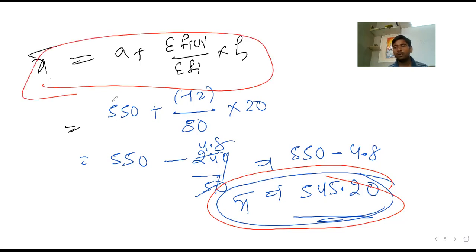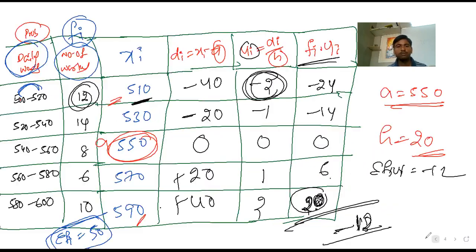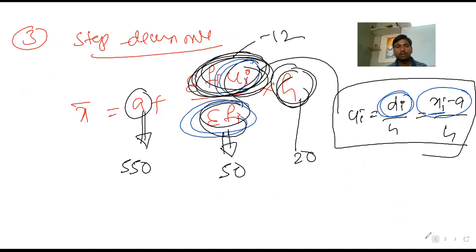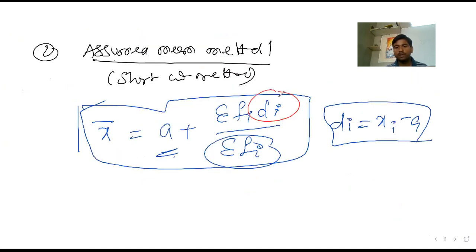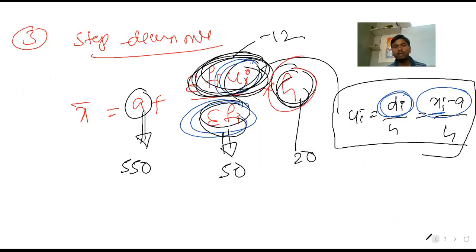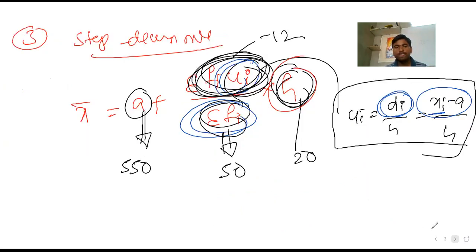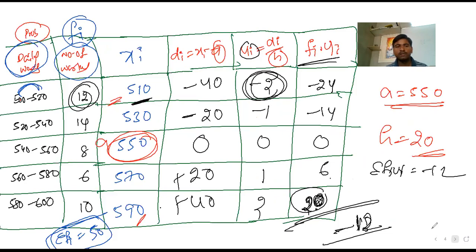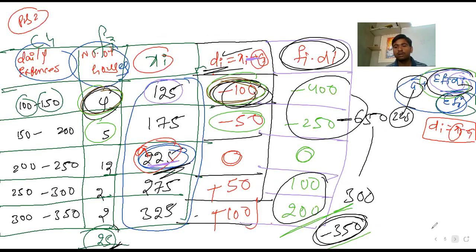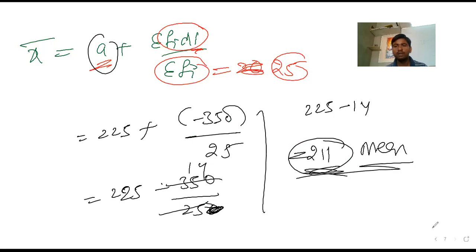I think you might be very clear about the step deviation method. So very simple. First I studied the assumption mean method. This is di. After extension of di, when you go for ui, it is di by h. Here fidi, there fiui. Just a simple explanation here: h is there. In the earlier case, the multiple of h is not available. The slight difference you need to understand. In this question I should take the step deviation method. In this case I should take just the assumption based shortcut method. I did it all and I got the answer. I hope you must be very clear about that.